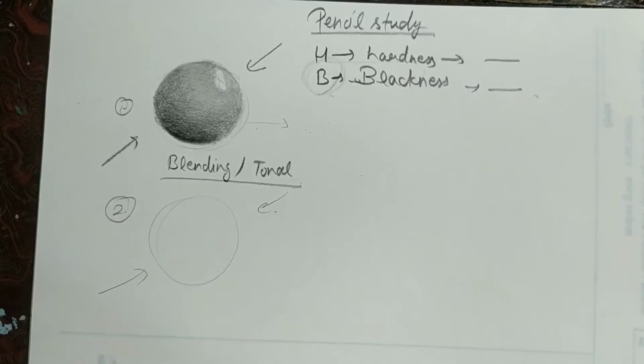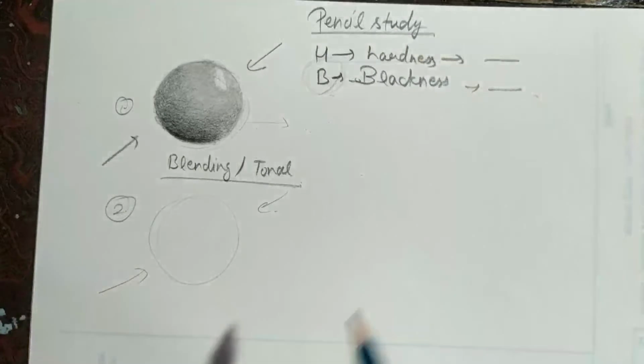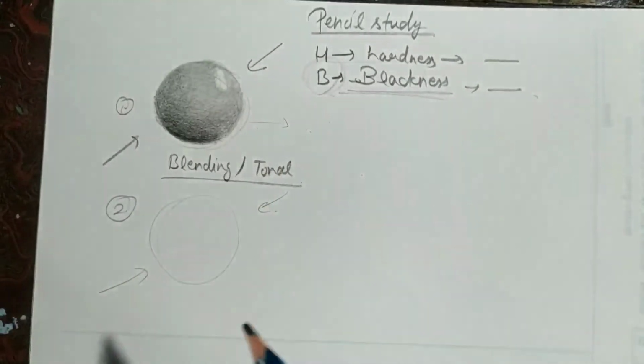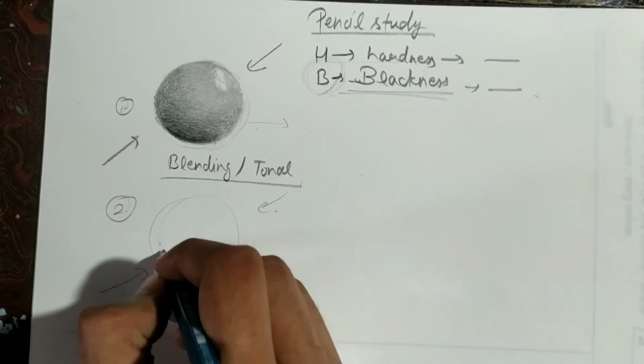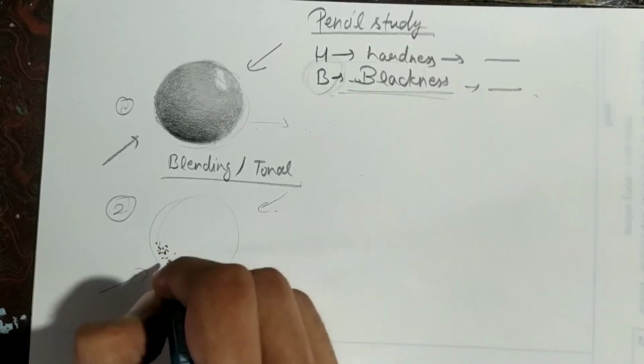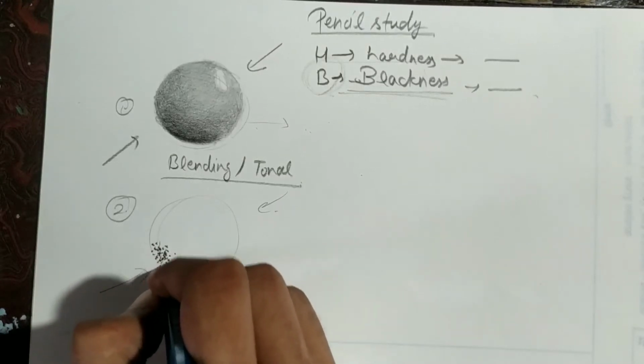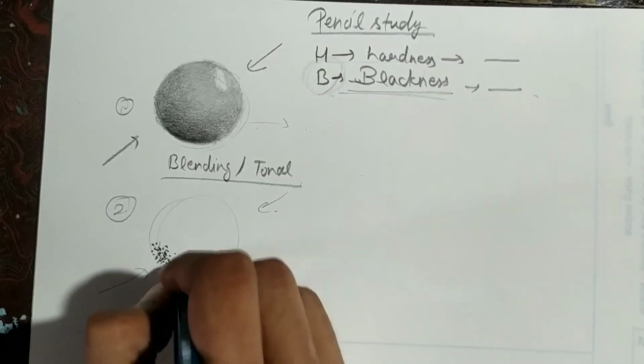And for the stippling, what is important? It is not important to take any special kind of pencil like a hardened black. You can take the black pencil as well. 6B we can use, and the more dense the dots are, this is called stippling. If the dots are too near,